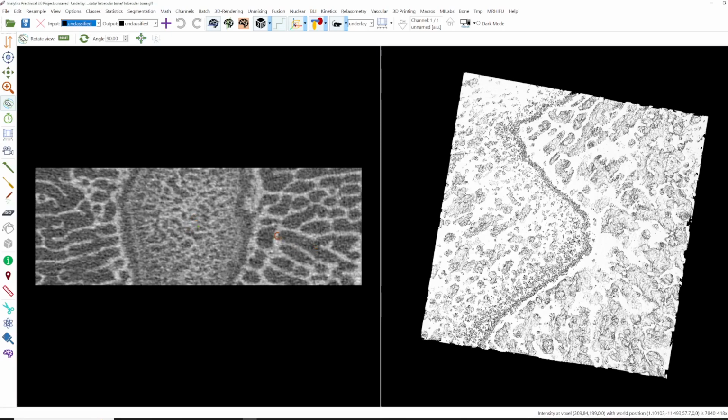And first let me segment the bone structures. Therefore I will add a class bone. Then I hover with my mouse over the bone, and you can see the intensity here in the right corner, so it's very high. That's why I will pick a threshold of